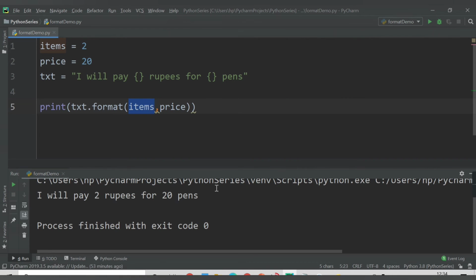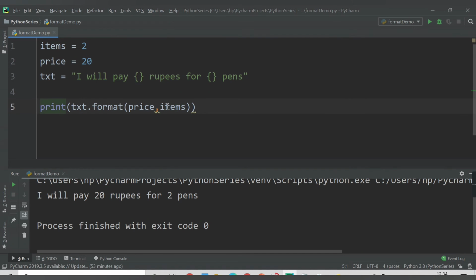But we want 20 to be printed here and 2 to be printed there. One way is to first pass the price and then the items. If we save this, we get "I will pay 20 rupees for 2 pens." So this was one way to print this.